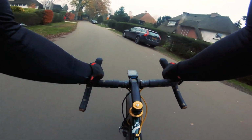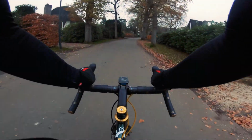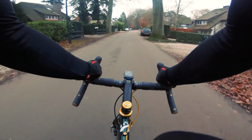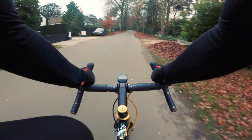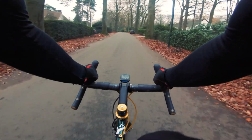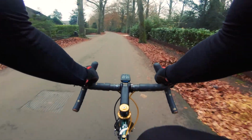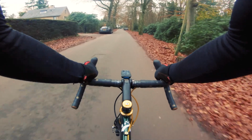Check it out. This is the Bel Air of the Netherlands, I guess. The Hollywood Hills of Central Holland. Big fences sometimes in front of the houses and stuff. Anyway,